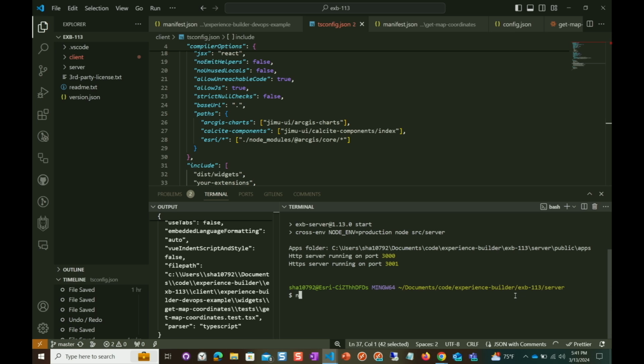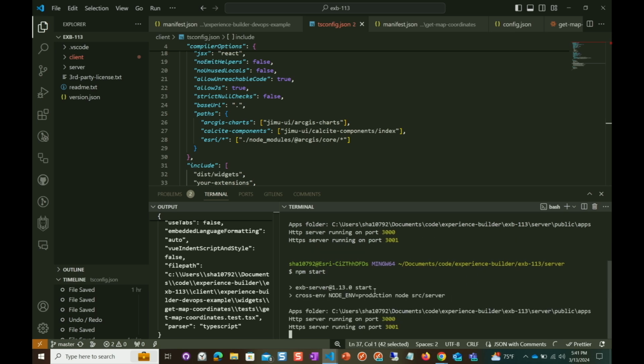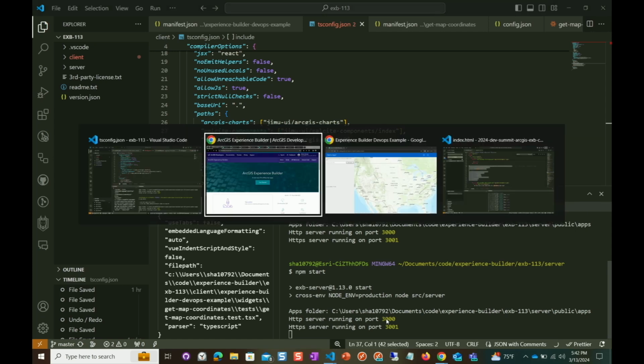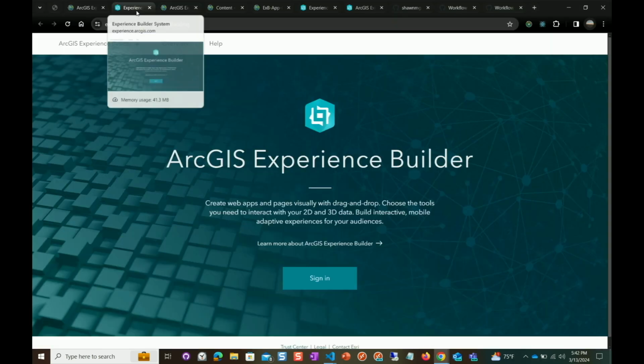Once you first initialize by doing npm install, which I'm not going to do because we've already done it, it's going to download the dependencies from online and get your project initialized. Then you can run the command npm start, which starts a local server where you can interact with the local developer edition. Once I run that, you can see we get some output, and it says an HTTP server is running on port 3000. Now if we open up a browser and go to